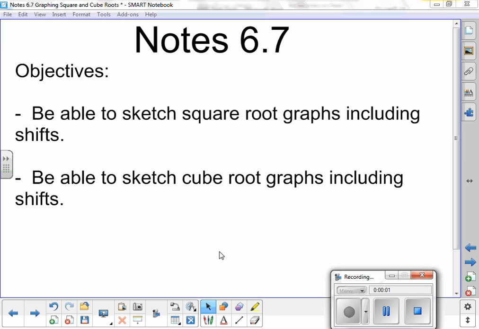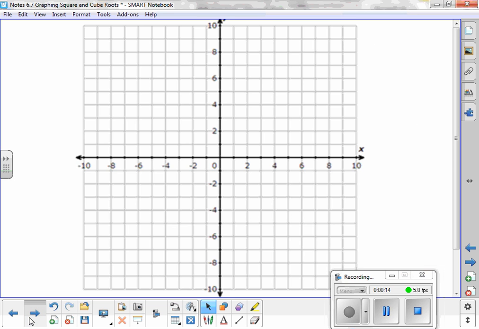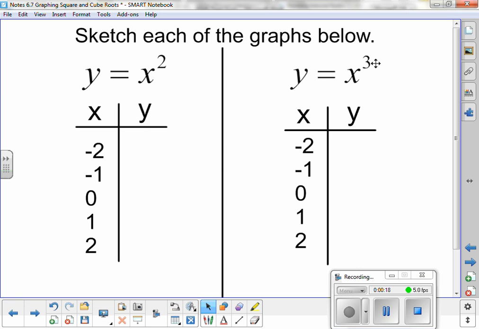Okay, here are your notes 6.7, being able to sketch square root graphs, including shifting it, and be able to sketch cube root graphs, including shifts with it too. I'm going to go kind of faster through these notes just because we went over a lot of this stuff in class. So this was basically just to let you guys know that y equals x squared, y equals x